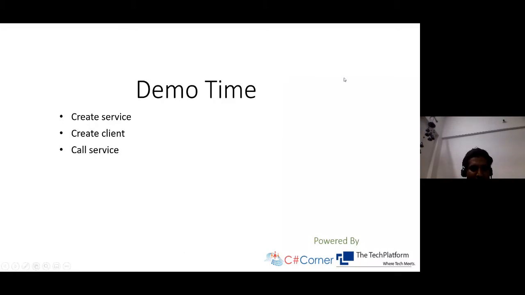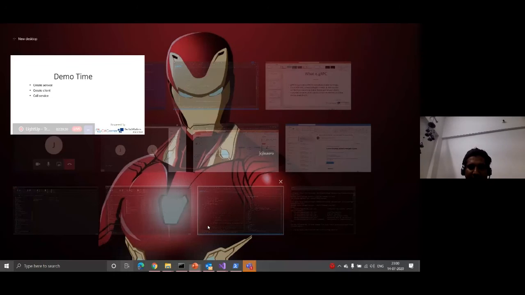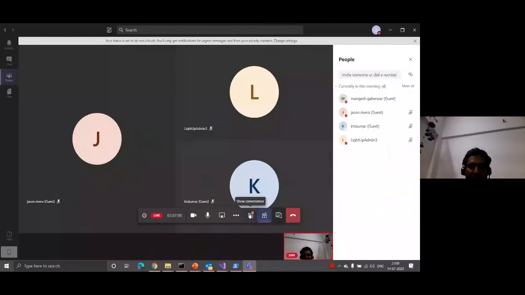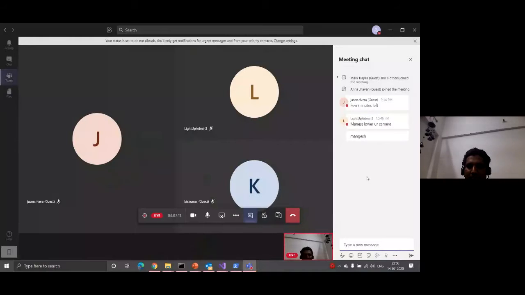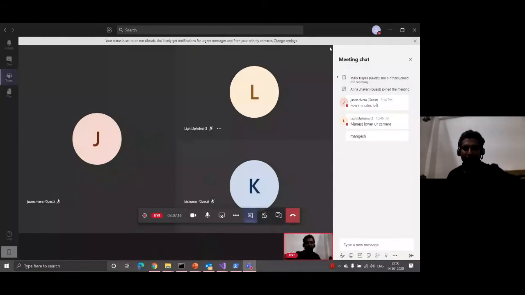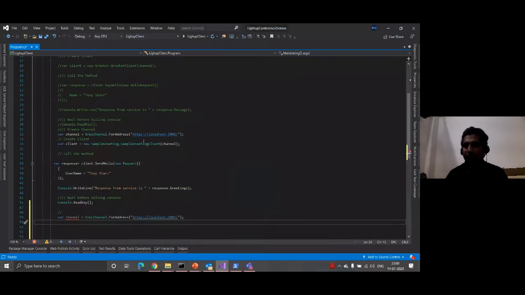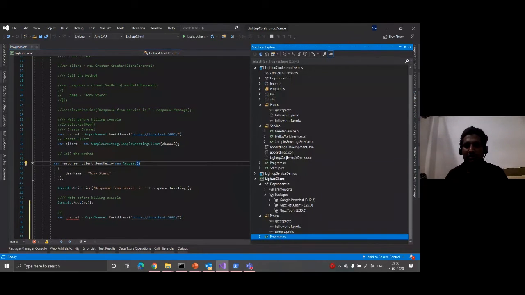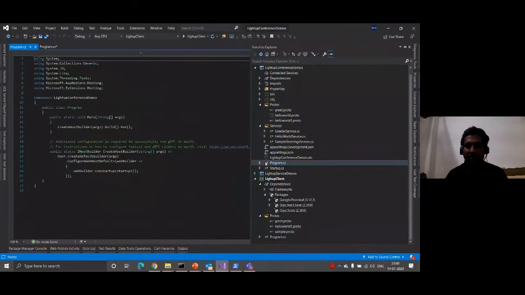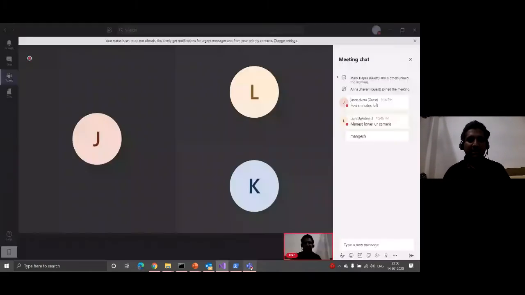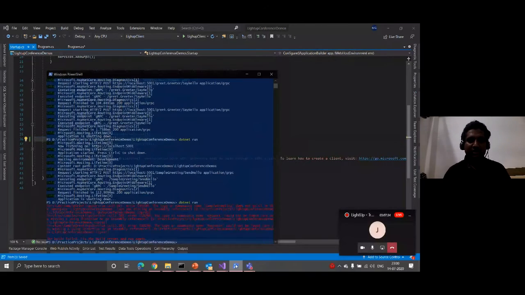Okay, there are some runtime issues. Let me see what it is. There are some issues with this. Okay, this endpoint will not be there because we have commented that. Let's try to run this again.